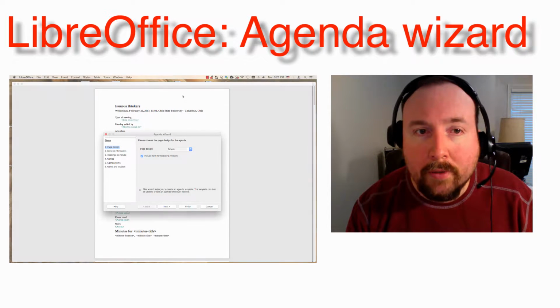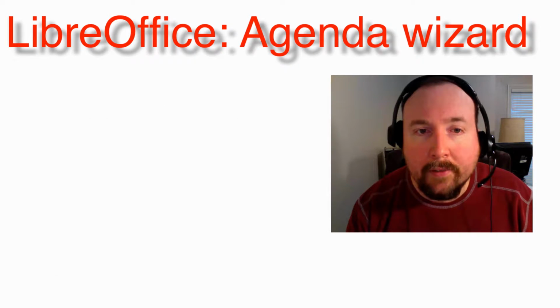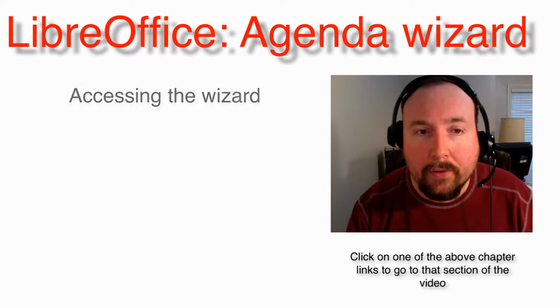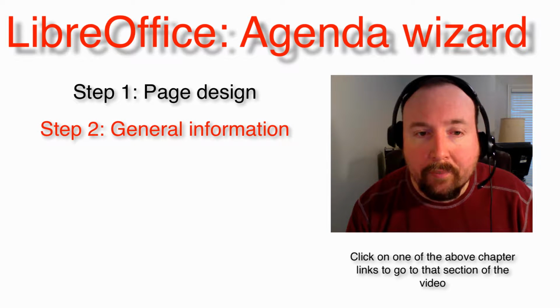The template will be saved in an open document template format that can be edited in LibreOffice after the wizard has created it. The sections of this video are as follows: accessing the wizard. Then there are sections for each of the 6 steps in the wizard. Step 1, page design. Step 2, general information. Step 3, headings